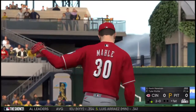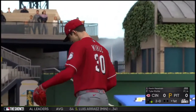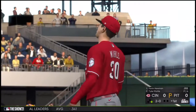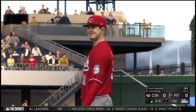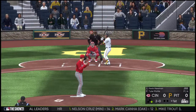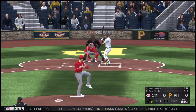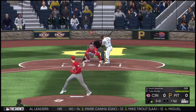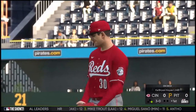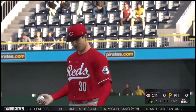Well, I'll tell you, he doesn't look very comfortable on this mound right now. This mound isn't the same one that he pitches at home. I know they all look the same, but they're not all the same. Now the 2-0. This inning hasn't started ideally for him on the mound, but here on 3-0, you have to have the mentality